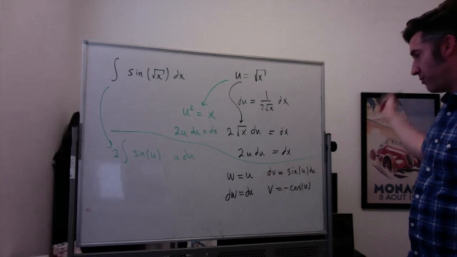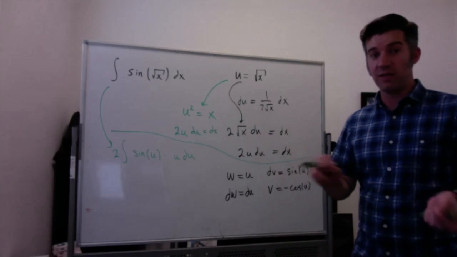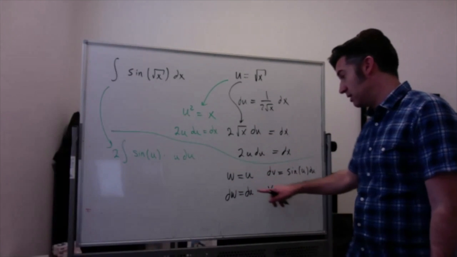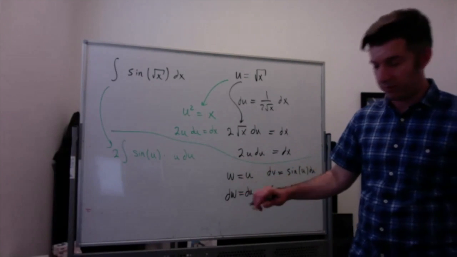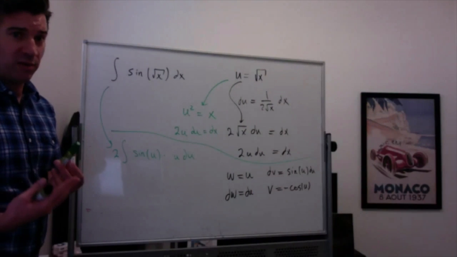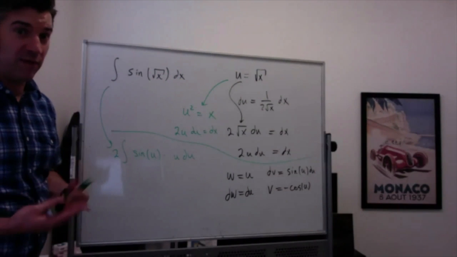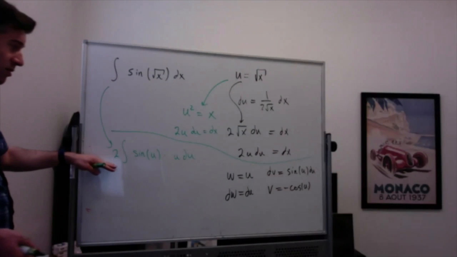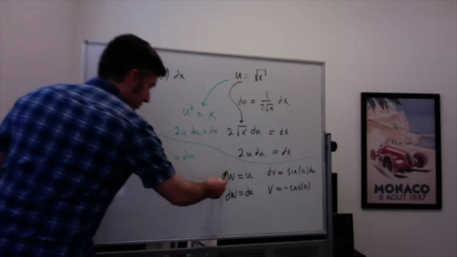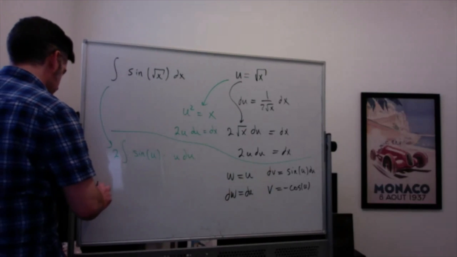Where was I going? Oh yeah, so now we're just going to throw this in the formula. So again, instead of the formula being uv minus the integral of v du, it's going to be wv minus the integral of v dw, because we're using w instead of u. The thing about integration by parts is that even though you're using these other variable names, you're still just ending up with the same variables you started with. So I'm starting with an integral in terms of u, and I'm still going to get an integral in terms of u. Right? I'm going to get wv, which is really u times negative cosine of u,